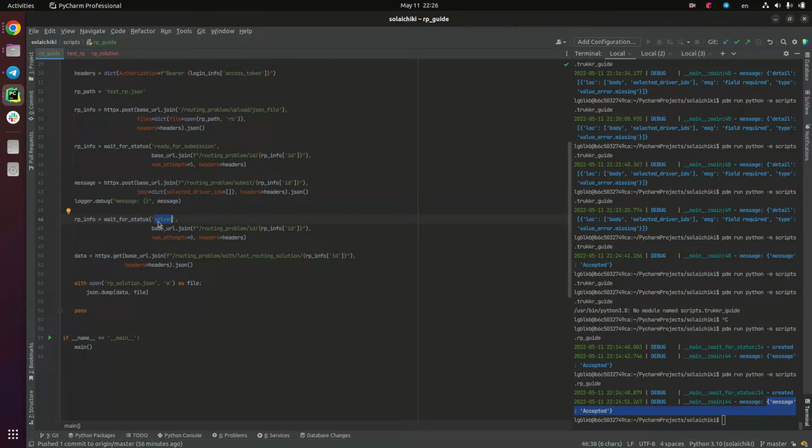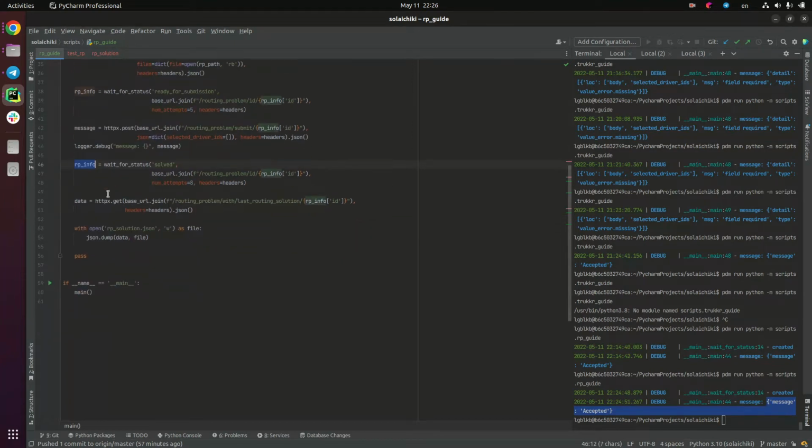So we're waiting for solved status, and here I'm just increasing the amount of time that we allow the script to wait, because depending on the problem, the solution might take up to several minutes. The last part is we are just fetching the last routing solution from this problem, which will be dumped into the JSON file. Basically, this is what has been done right now, and we can just go and open